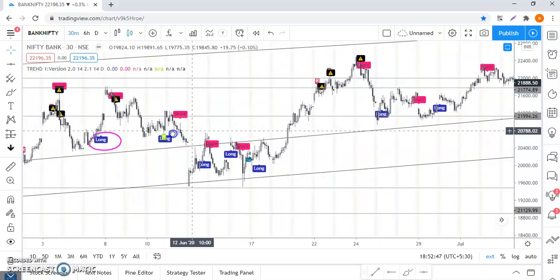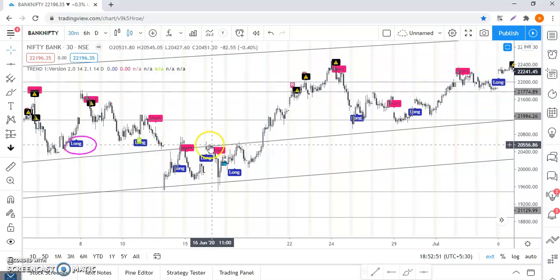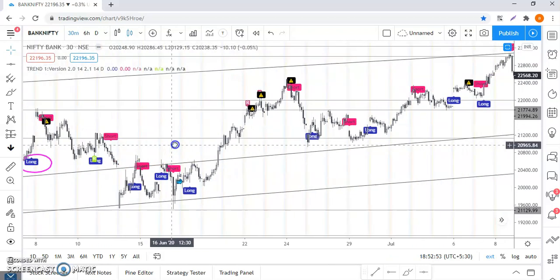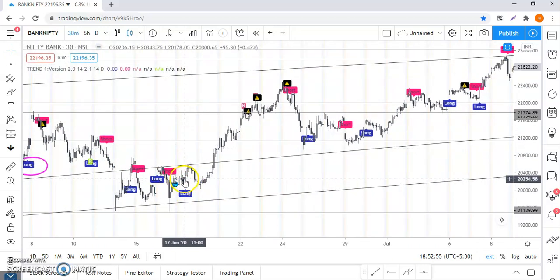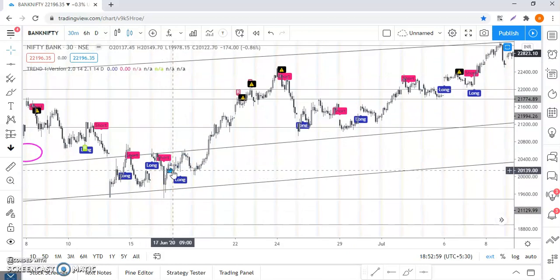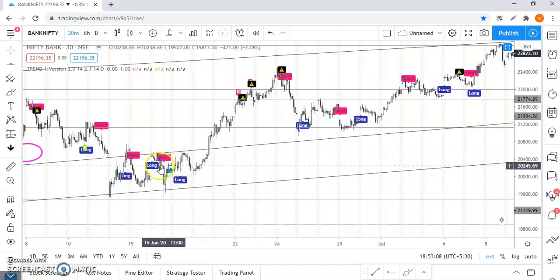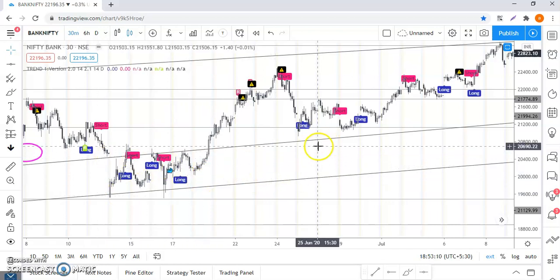So come here, you got a long position and you got a short position right at the trend line resistance, right? Come here, we detected a huge buy order. Once we detected the huge buy order, price went up and it came down. It retested one more dynamic support here, but we don't need any dynamic support because we have a trend line that is drawn based upon the 1 day chart.